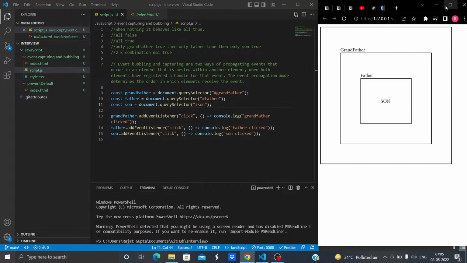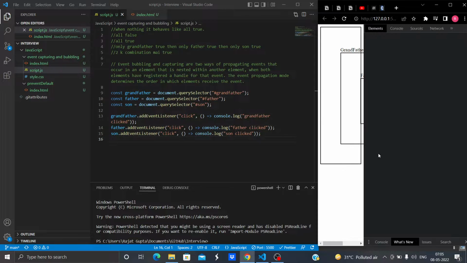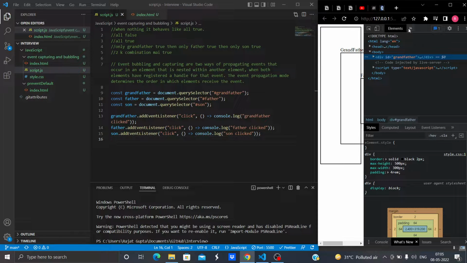Okay, so this is what we did till now. First let's open the console and see what's actually happening right now, by default. Where is the console?